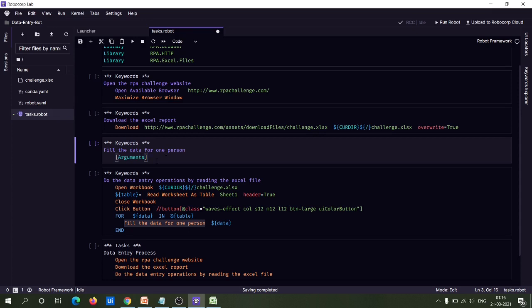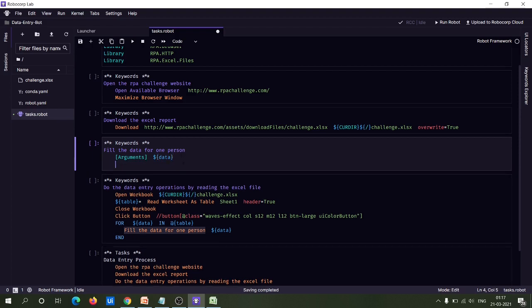So in this case we need to accept which argument? The data argument, which is the row. So for that we have to specify the argument after 1, 2 spaces. The argument we have to accept is data. We can give it any other name, but for ease we can provide the same name. So argument is data. Now, since we want the argument to be passed into this keyword, we provide this argument keyword so that we can accept this data argument from outside. Now we have to provide the actions for the data entry operation and then clicking on the submit button.